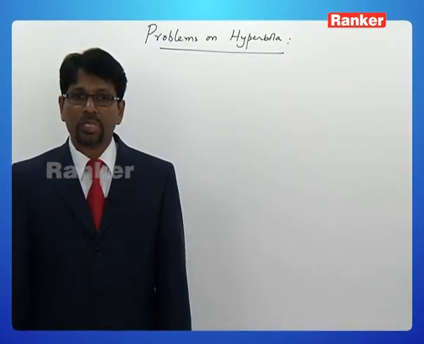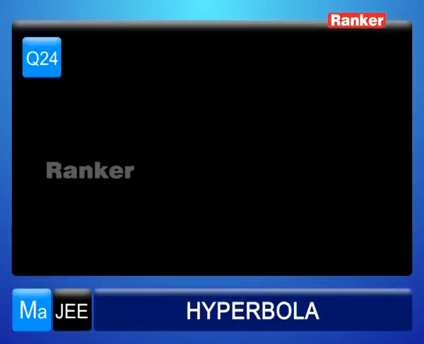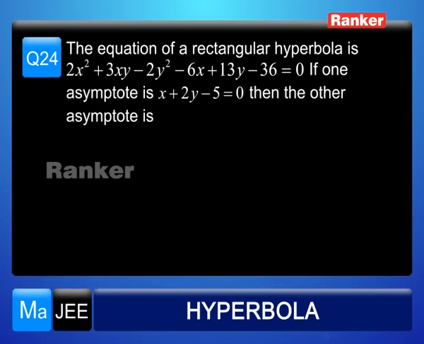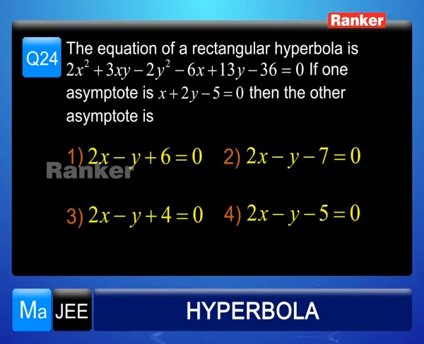Let's move on to the next question here. Question number 24. The equation of a rectangular hyperbola is 2x² + 3xy − 2y² − 6x + 13y − 36 = 0. If one of its asymptotes is x + 2y − 5 = 0, then the other asymptote is,